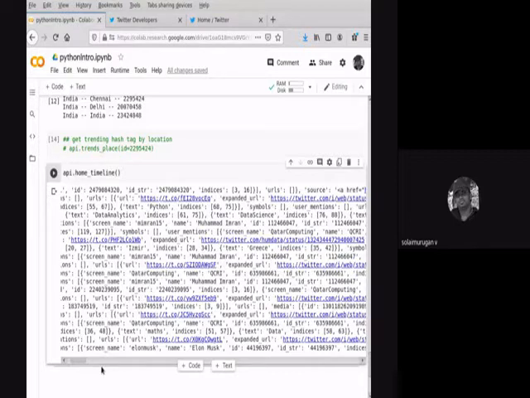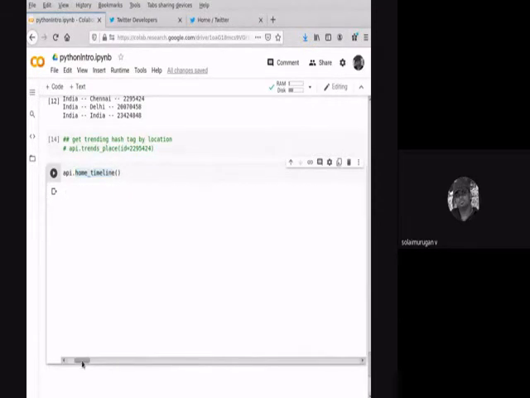All this information will be retrieved by using this home timeline. So not only the particular tweet, but the entire information about what happened after you posted the tweet.